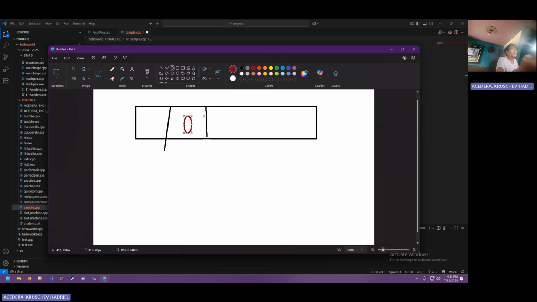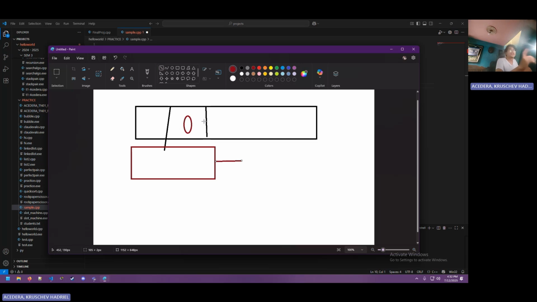The first step is to divide the array, since binary search is a divide and conquer algorithm. So you divide your array into two, or into the middle, and then you check if the middle is equal to your key, or to the data you're looking for. And then if it is equal, then you found your data.